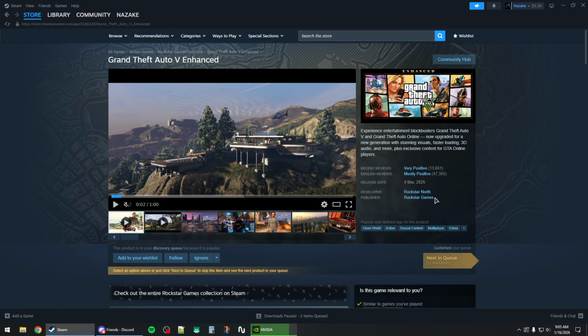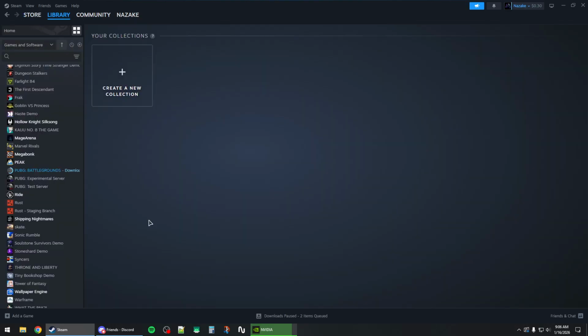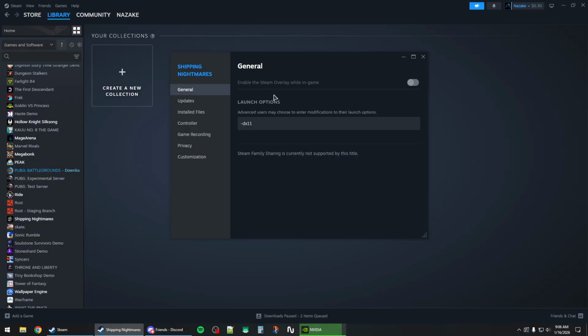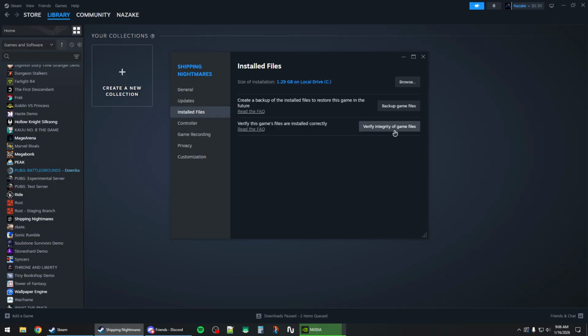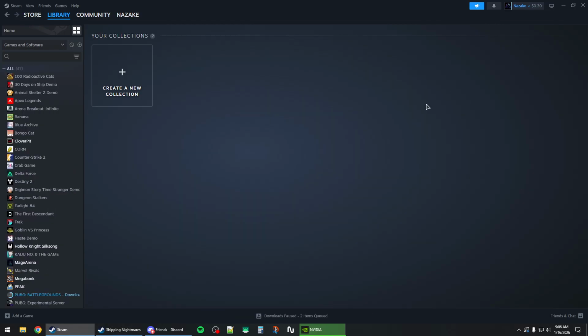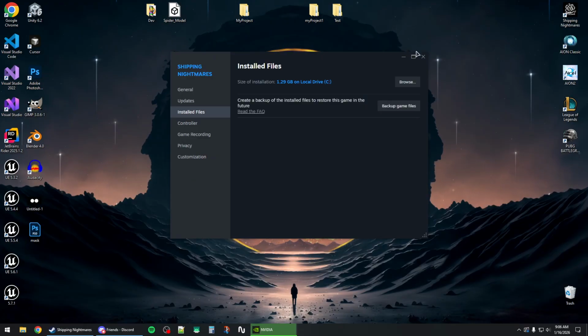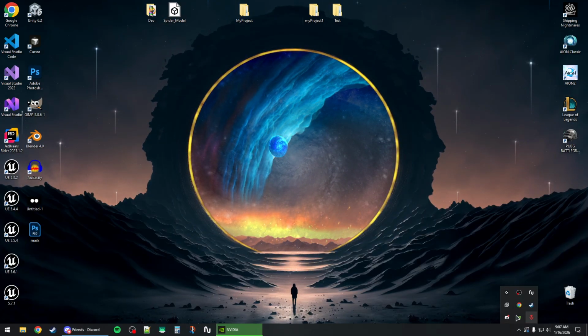How to fix FiveM is crashing on Steam. So the first thing you'll need to do is go to the library and right click on GTA 5. And then you want to go to installed files and click on verify the integrity of game files to repair any corrupted game files. And once it's done, you want to close Steam and then close FiveM if it's already